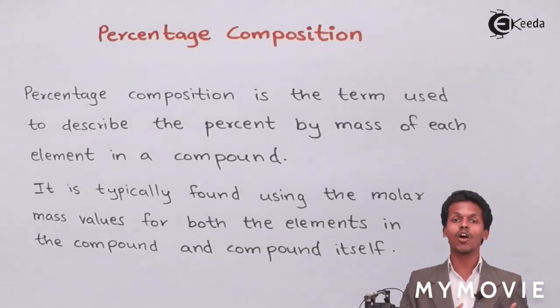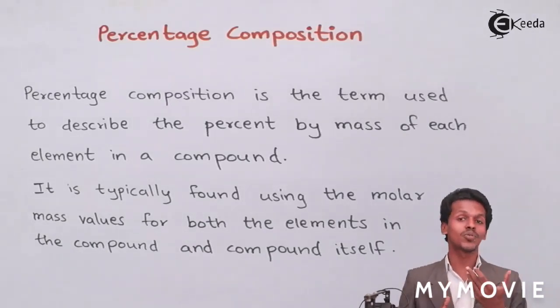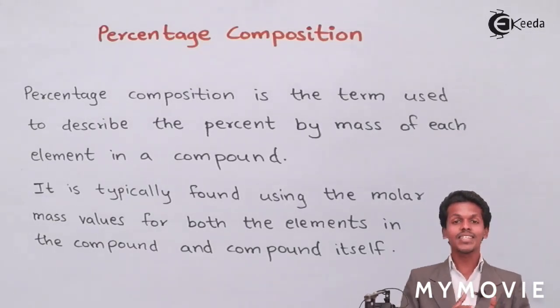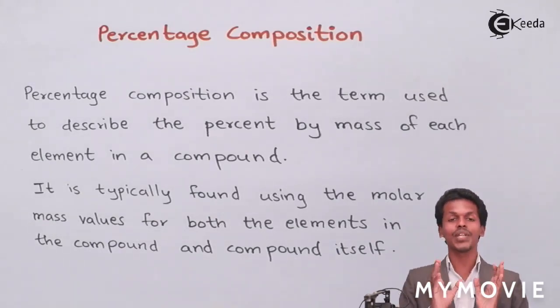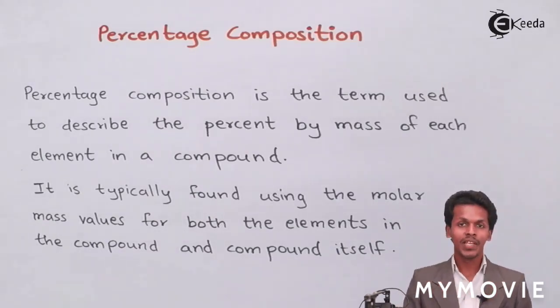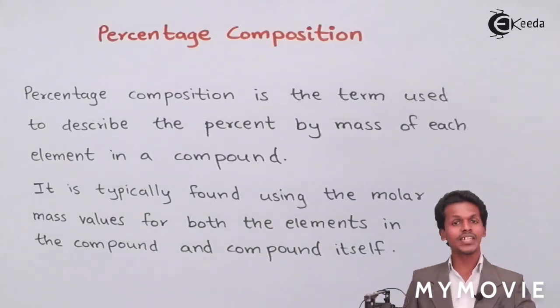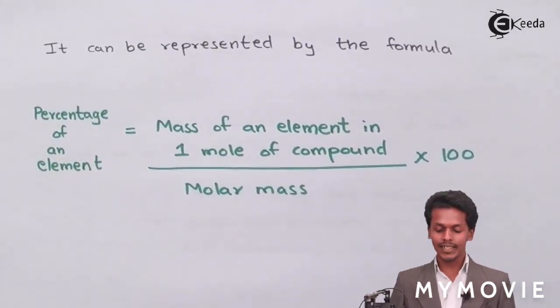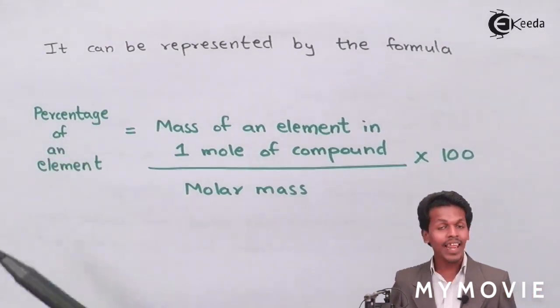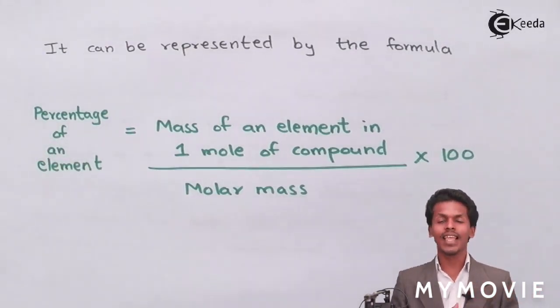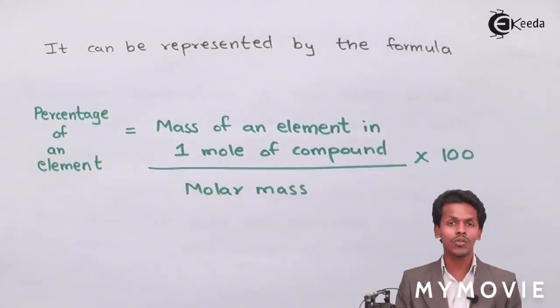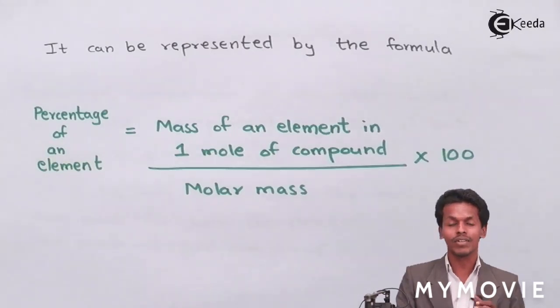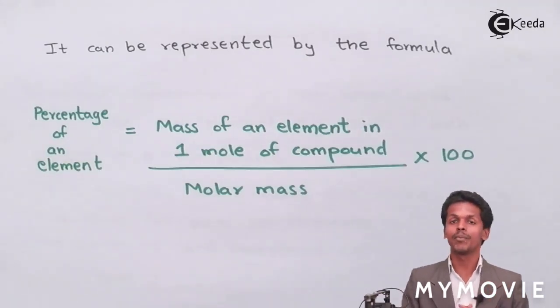It is just like a basic thing, how much you score marks out of 100 or how much you score marks out of 80. So this is a very simple logical term that we can elaborate for percentage composition for a particular compound or for a particular molecule. Based on this, I have mentioned a formula in this format. So it can be represented in this format, that is the percentage of an element. In this case, the element can be hydrogen or can be other also, but we have to calculate how much amount of that particular element or atom is present in the compound.